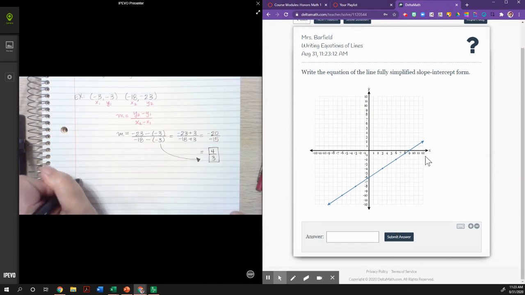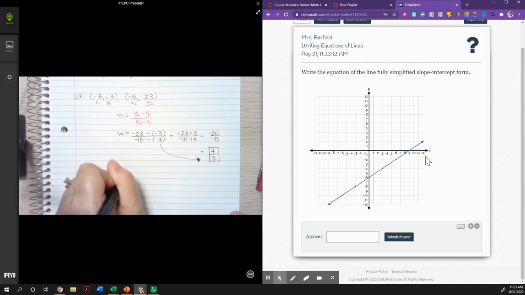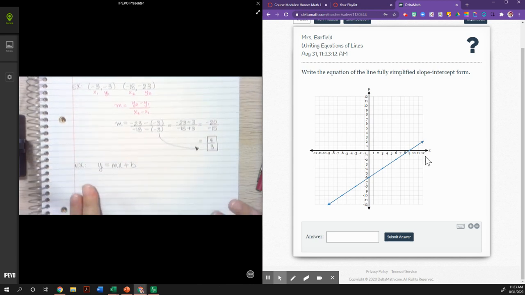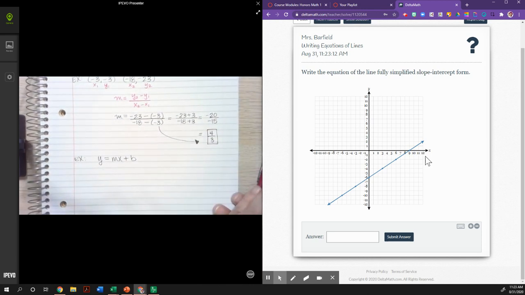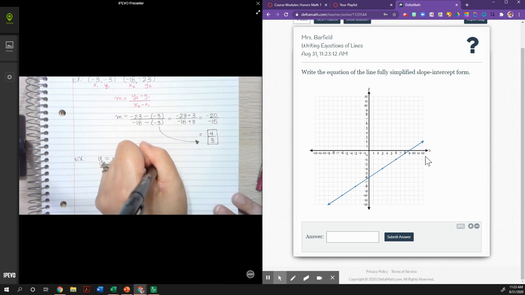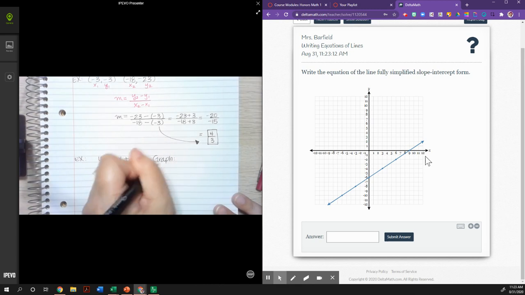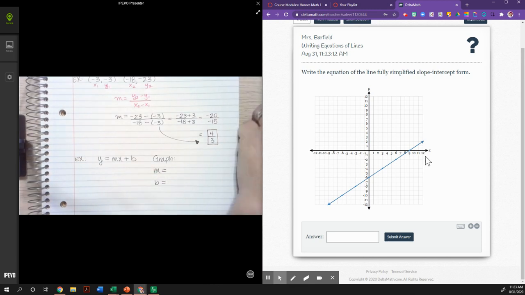Okay. All right. So again, this should be a review. So slope-intercept form is y equals mx plus b. So when I'm given a graph, I have to determine the slope and I have to determine b. Well, remember, b is your y-intercept. Okay, where do I cross